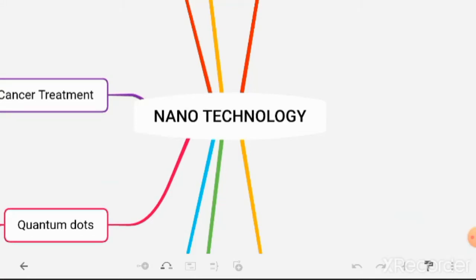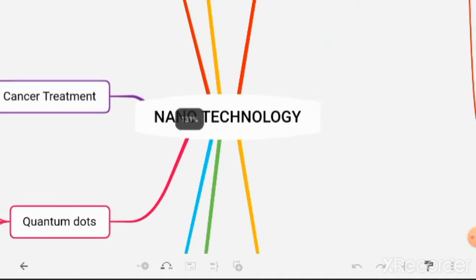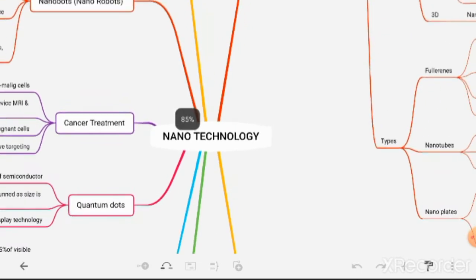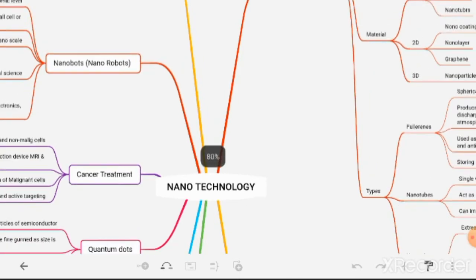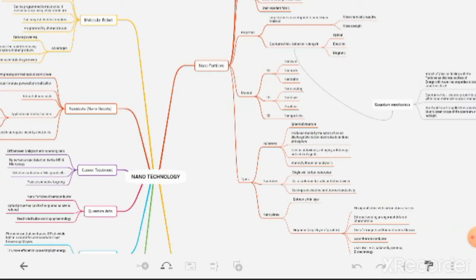Hi everyone. Today we are going to learn about nanotechnology and what is needed regarding the civil service examination related to it. As we know, nanotechnology is being worked on these days. The work is going on in a very great manner, and there is a lot more in this technology which is being done. So first we will go to what nanotechnology is and how it is related.